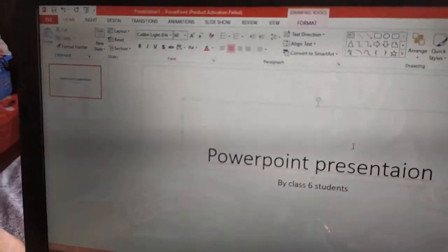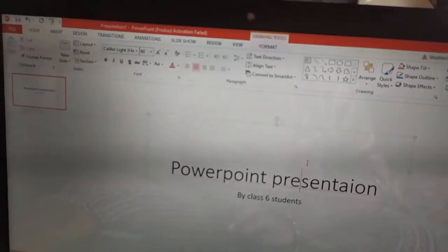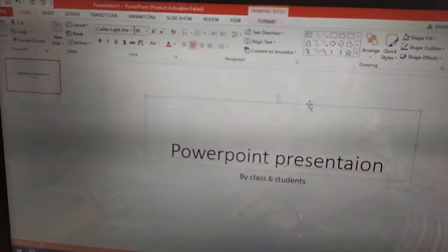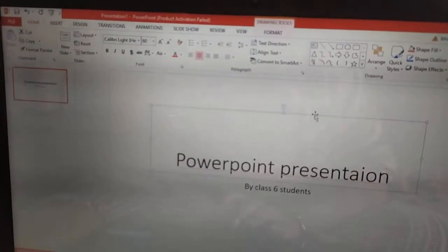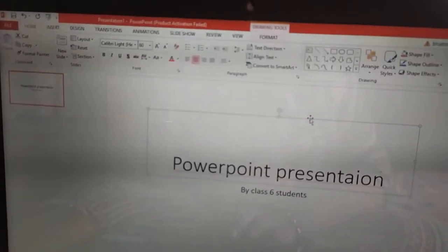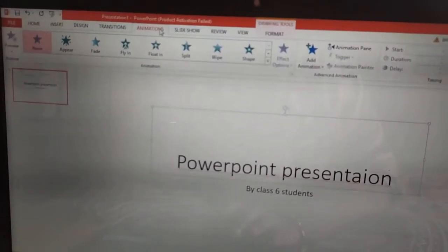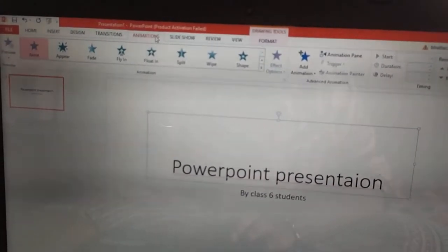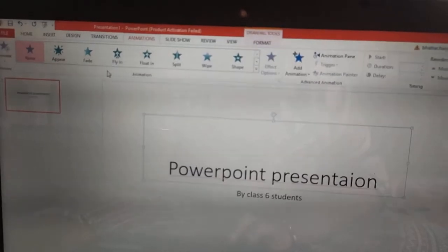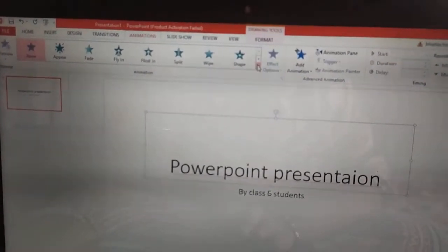For that, we will first select the object where we want to add the animation. Selection done. Then we will go to the animation tab. Over here you can find some animations already there. Let's check.